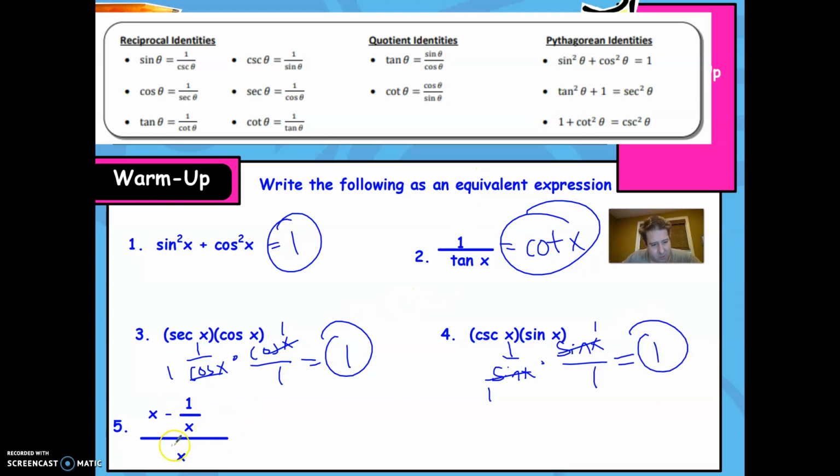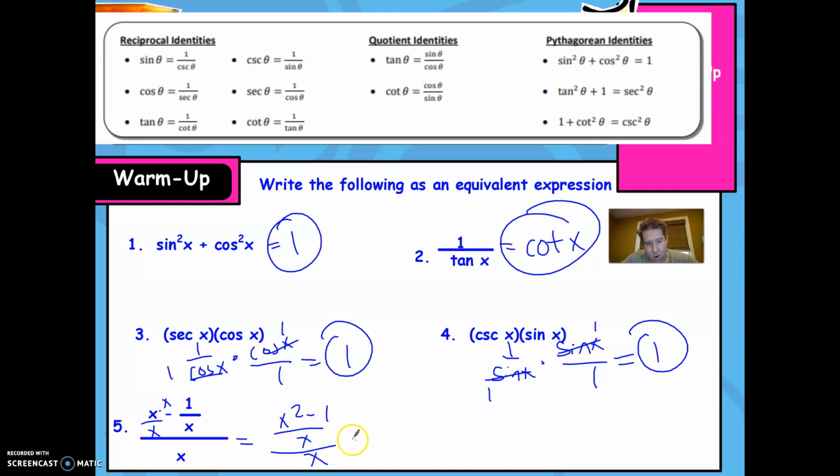All right, so now this one, we don't have any trig identities here. This is really just basic complex fractions. So I would multiply this one by x over x. That's going to make the denominators the same, so that you now have x squared minus 1 over x, and